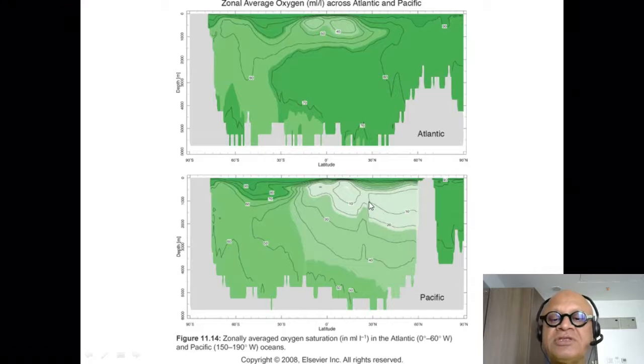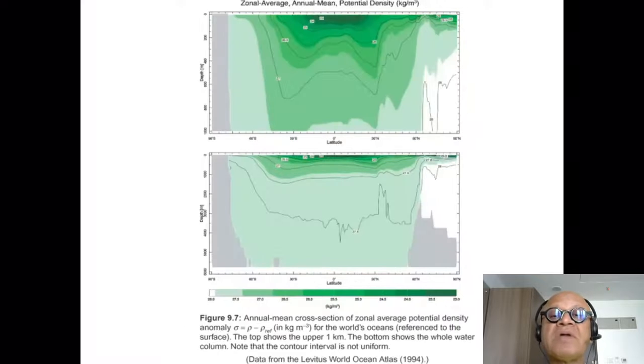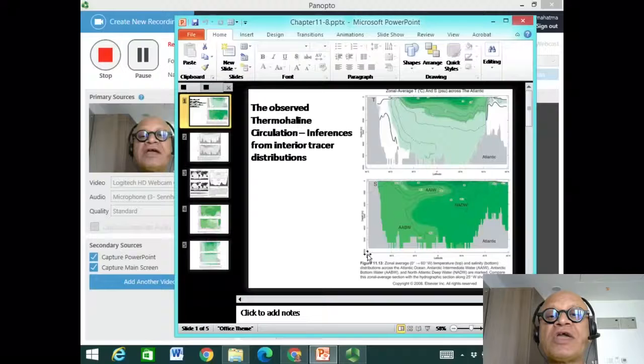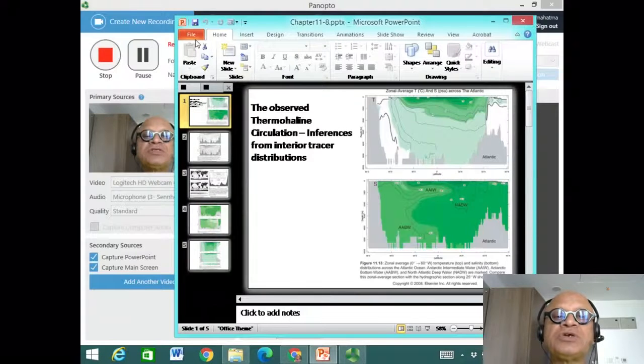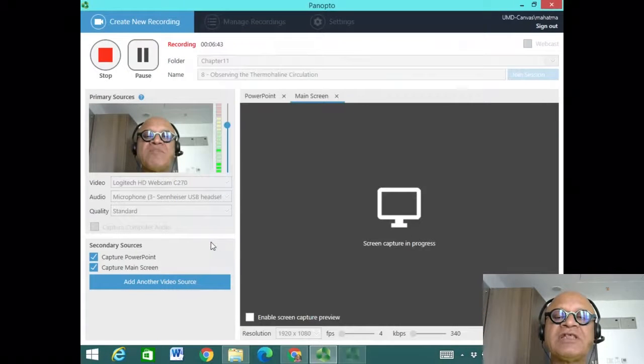deoxygenated. Oxygen is consumed. So old waters that haven't seen the atmosphere for a long time tend to be depleted in oxygen because the living things are constantly consuming oxygen, and they have evolved to live in various levels of oxygen as well. So that's some evidence of indirect thermohaline circulation features. It's basically impossible to measure it directly.